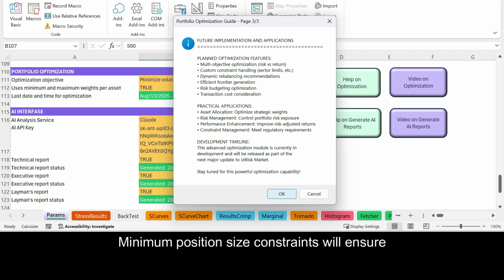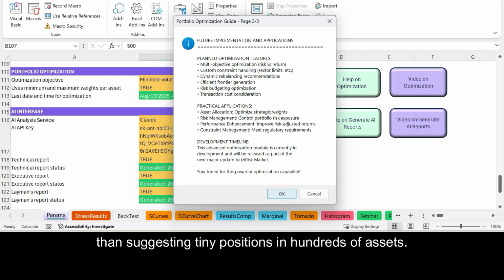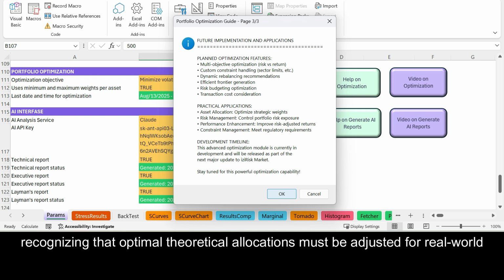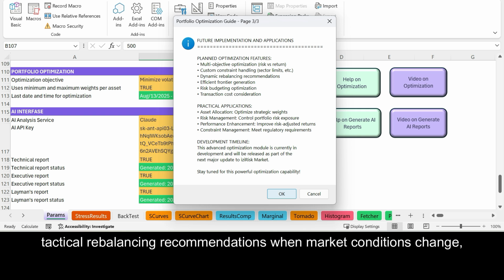Minimum position size constraints will ensure that optimized portfolios remain practically implementable rather than suggesting tiny positions in hundreds of assets. The system will also consider transaction costs in its calculations, recognizing that optimal theoretical allocations must be adjusted for real-world trading expenses. Applications will include strategic asset allocation for long-term investment policy, tactical rebalancing recommendations when market conditions change,